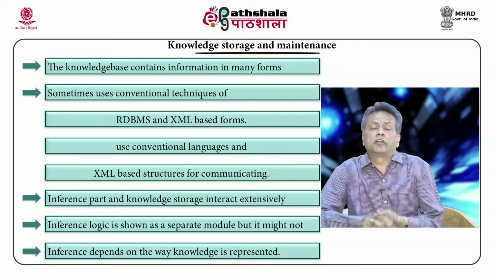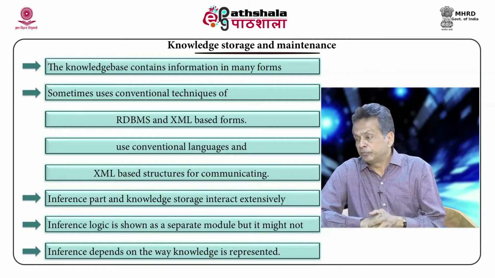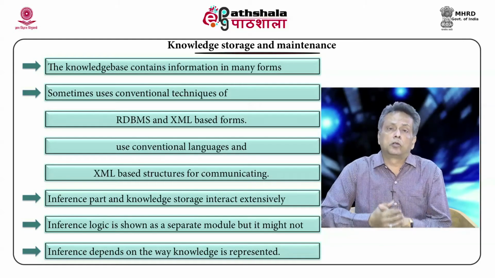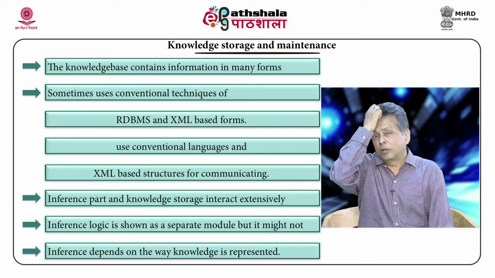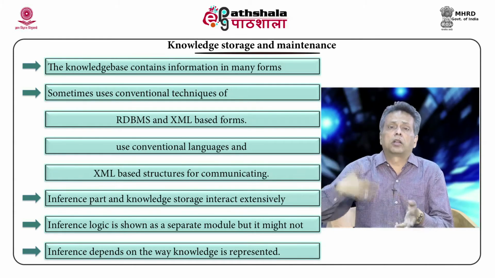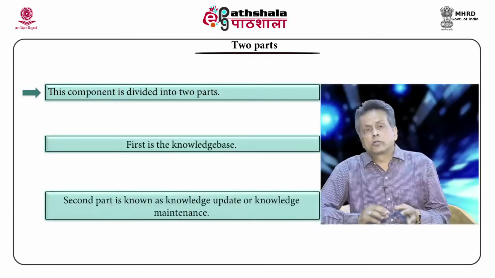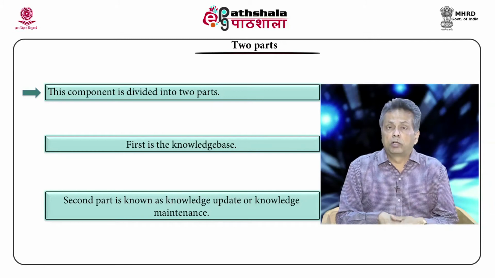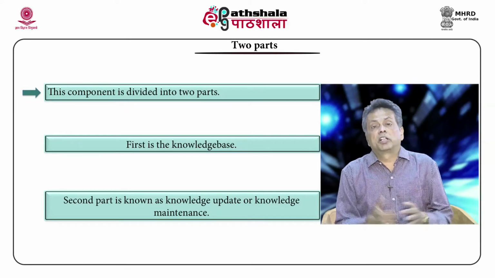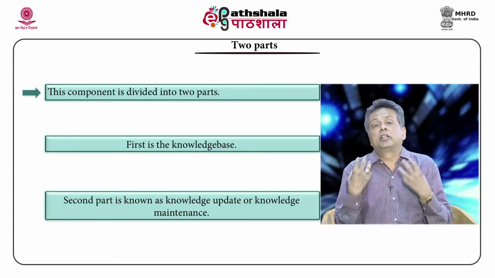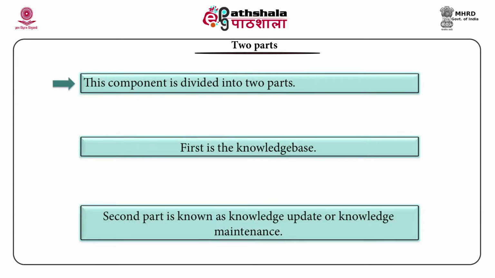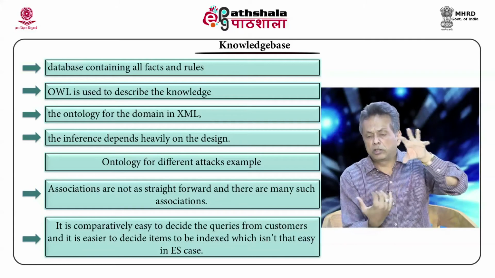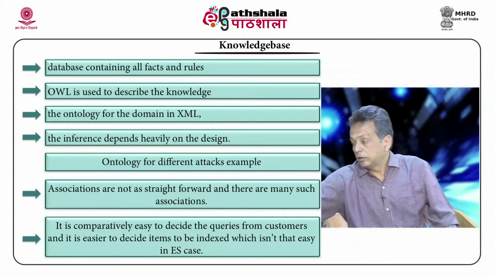We have already seen that interface and knowledge representation go hand in hand. Inference logic is shown as a separate module, but you can see that it is only connected to this knowledge structure. It is usually separated, but it is also very, I would say, dependent on the way you store your knowledge. And the knowledge store actually is divided into two parts. One is called the knowledge base, something which contains knowledge, but an expert will no longer remain an expert if he cannot update his knowledge, and that is why you need the other part, which is called the knowledge update facility. Okay. So, the knowledge storage module contains both the knowledge base, which contains the knowledge, and the update, which continuously improves the knowledge.